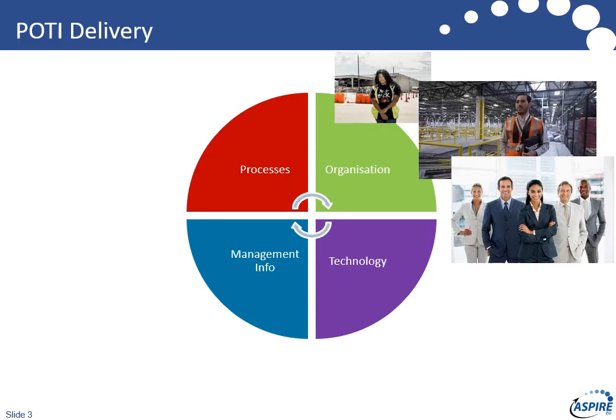and look at POTI in terms of delivery. So we're thinking about this online business. What people and organizational structure will we need at the end? Well, we're going to need a management team. We're going to need our staff on the shop floor supervising it, and we're going to need the people that do the work. All right.